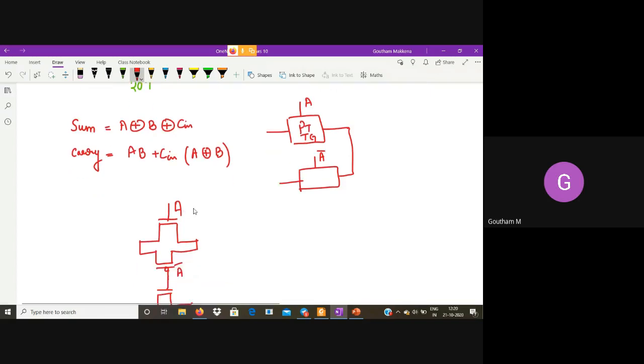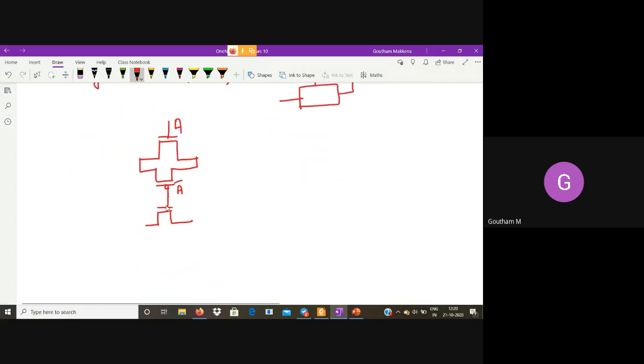Here the top NMOS is getting A, so the bottom transmission gate NMOS should get A bar. This is already A bar here, and these two should be complements of each other, so if this is A bar, this becomes A.